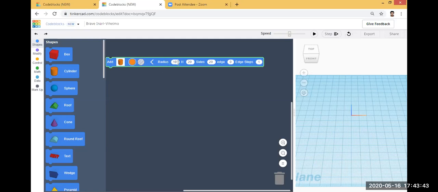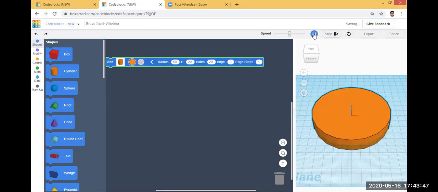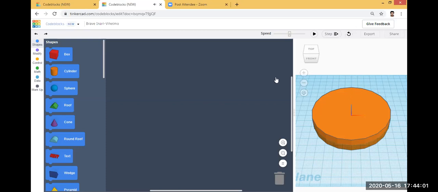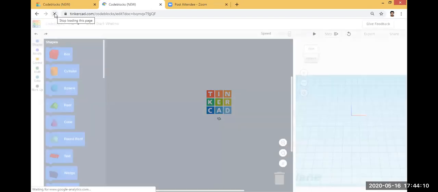Then what is the radius? I will enter the radius as say 50. Then I will click the play button. You can see a cylinder of radius 50 and a height 20. If you want to delete this block, you just right click this and delete block. Okay, so in this way you can add different shapes in your screen.